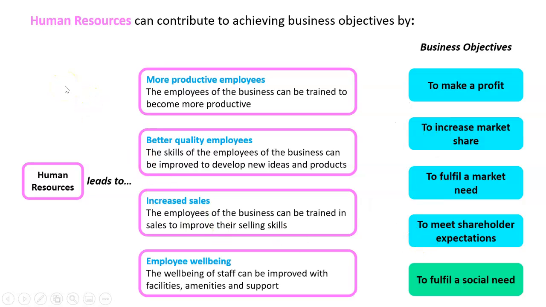Also, I think a big point now, particularly with COVID and working from home and everything, is employee well-being. Who's responsible for the overall well-being programs for employees? Well, that is human resources. So they can provide facilities, amenities, and support for employees. Look, yeah, that's going to help you make a profit. There's a good business case, but it's also the right thing to do to help your employees be well-rounded and happy citizens. So therefore, you could argue that also will lead to the objective to fulfill